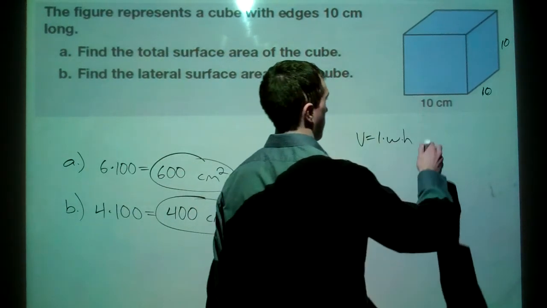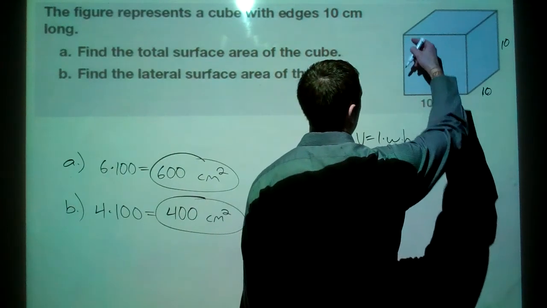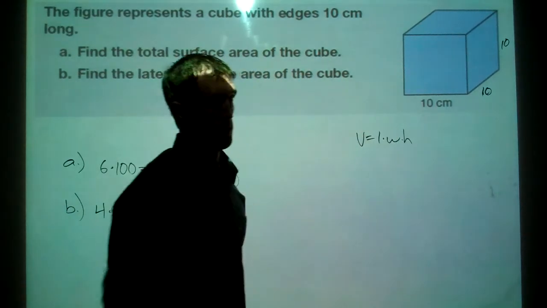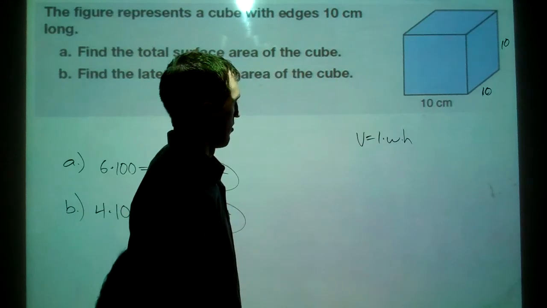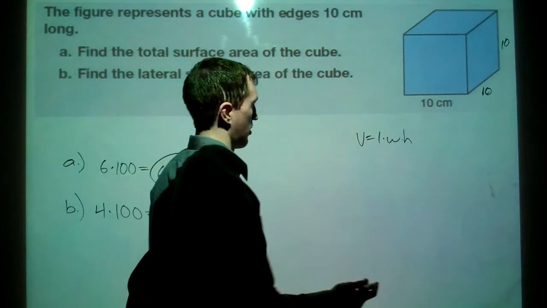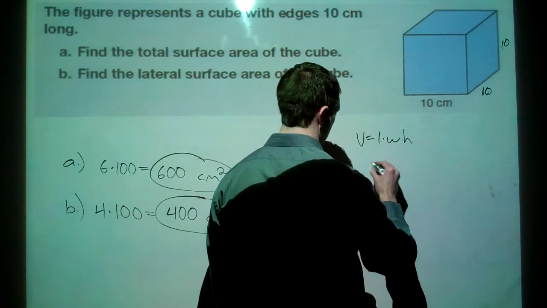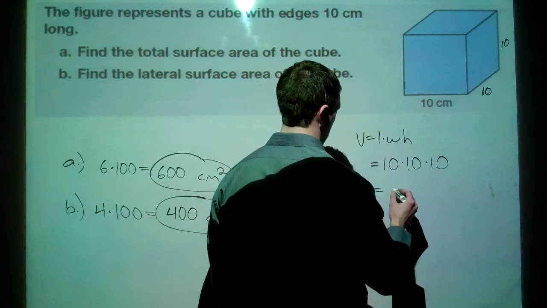And remember, this meant we had 10 rows here by 10 rows here, and our height was 10. So we had 10 of those things on top of each other. But really what that meant is that we could do 10 times 10 times 10, or 10 by 10 by 10. And we would get 1,000